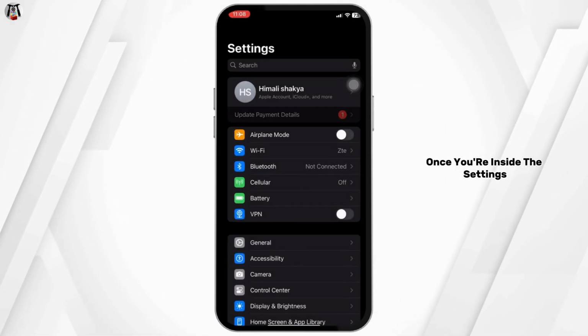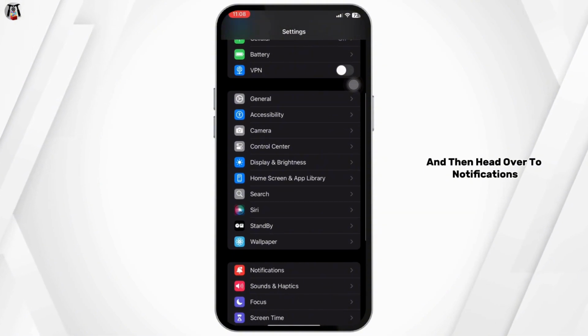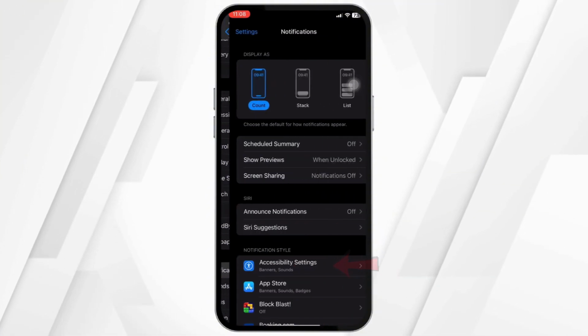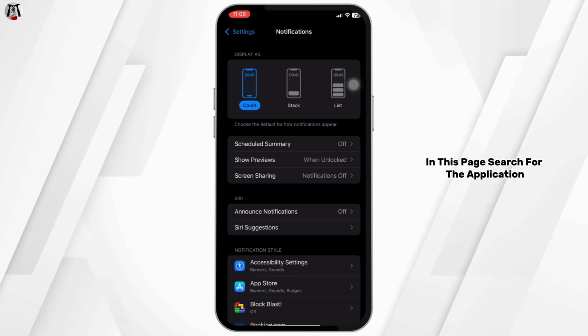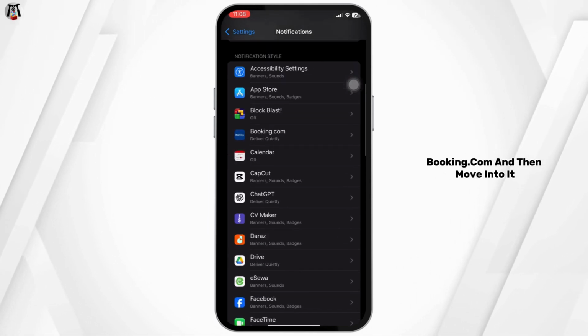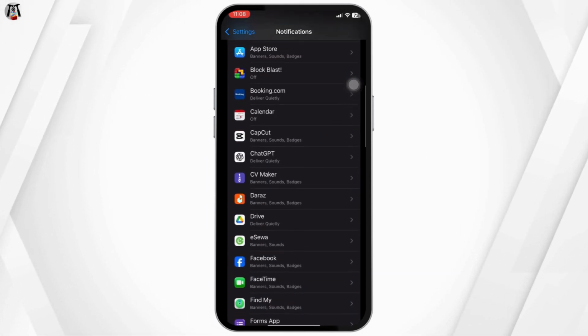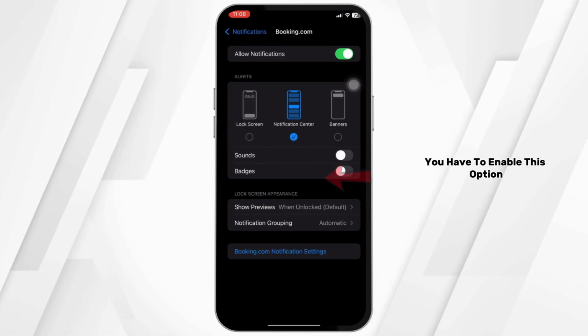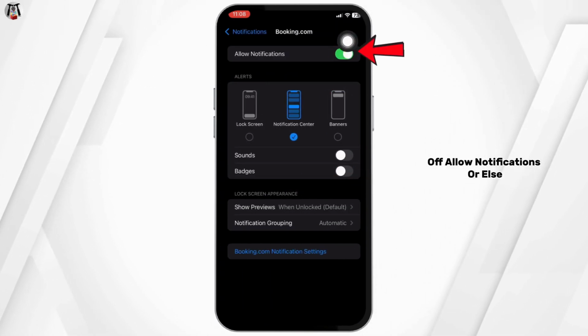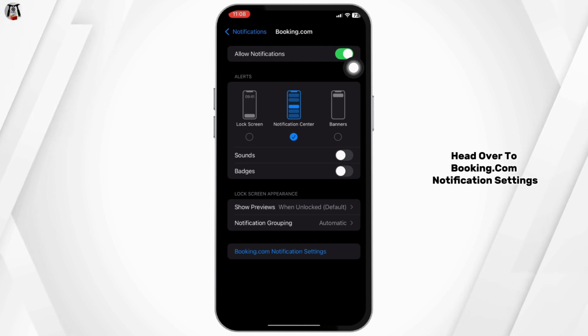Once you're inside the settings, scroll all the way down to the bottom and then head over to notifications. In this page, search for the application Booking.com and then move into it. Once you're inside the page, you have to enable this option of Allow Notifications, or else head over to Booking.com